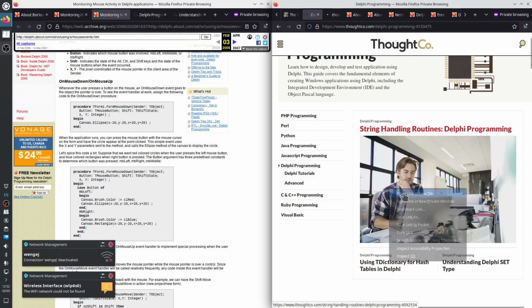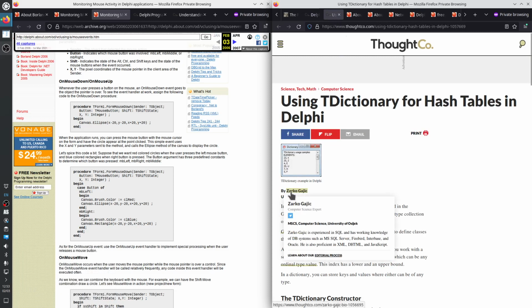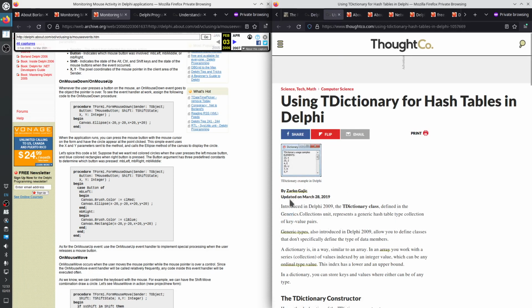The articles are the same, still Žarko's articles, but then it says updated March 28, 2019, which I'm not sure how misleading or not it is, when the body of the article talks about 2009, about when Delphi added generic containers, generic collections, generics.collections unit.